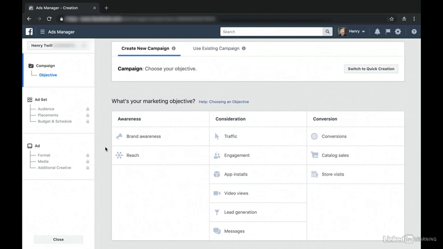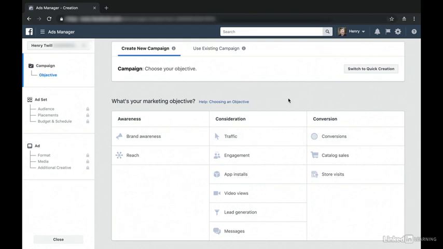For example, when selecting the brand awareness option, Facebook will know to serve your ad to people who are most likely to be interested in it. Or with the traffic option, Facebook will know that you wish to send people to a destination on or off Facebook, like a website, app, or Facebook Messenger. So Facebook will then show your ad to people most likely to take this action. You may notice that there is some overlap between the objectives. So I encourage you to make your best guess and test different objectives to see which one performs the best.